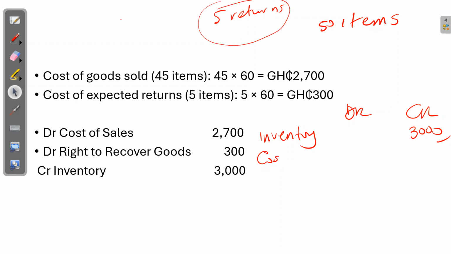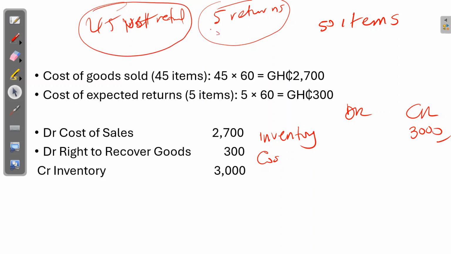The 45 will not be returned, so our cost of sale is 45 items multiplied by the cost per unit. 45 multiplied by 60 will give us